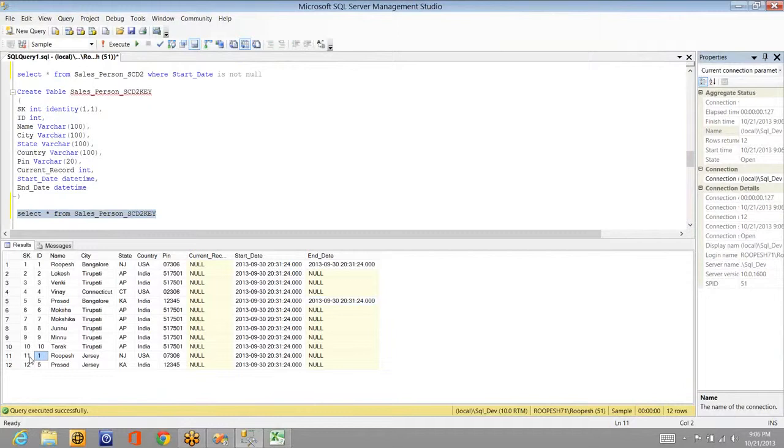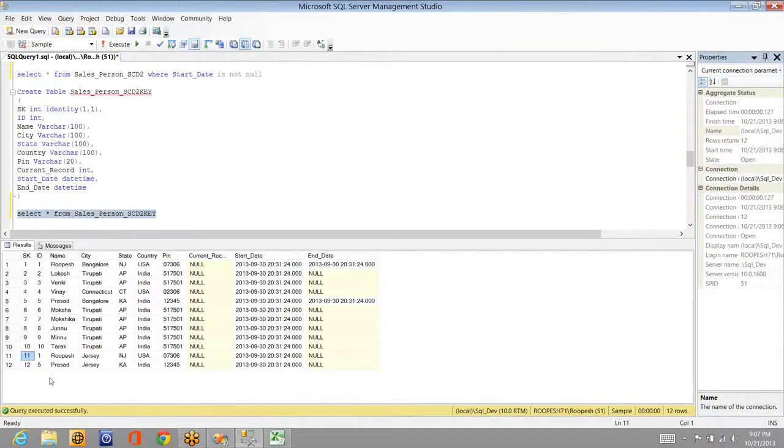What is the surrogate key? 11. So 11 will be taken into the fact table. Next year if he comes and there is one more record for Rupesh, this is ended and a new record has come, and that surrogate key is 55. So 55 will be taken. One Rupesh will have 3 different IDs, and 3 different IDs will be used in the transactions, depending on the time when they have taken it. So this is how you can create SCDs.